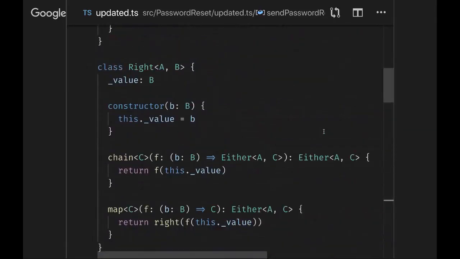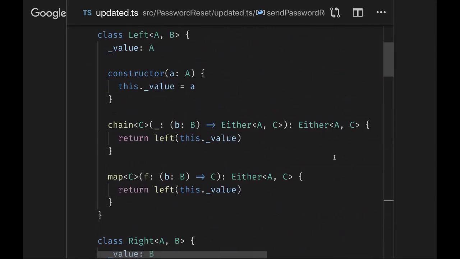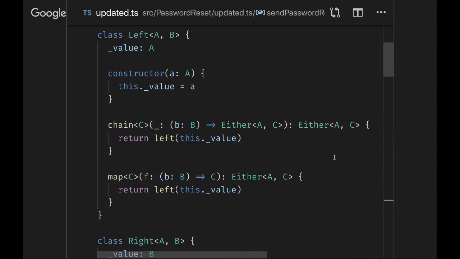It seems like we should have an either, an either, right? It should just sort of, yeah. Either. But when you look at the definition of chain for the left class, you see it doesn't return a nested either. It takes the error value and packages one layer around it. So chain is always returning exactly one layer of this abstraction. So it's never gonna nest like we kind of were.